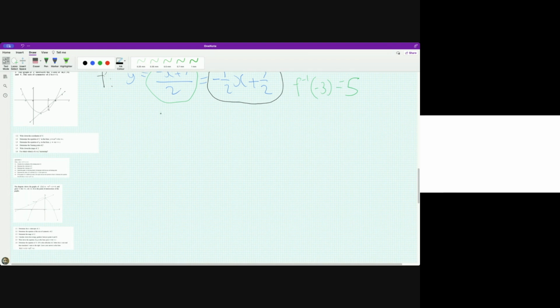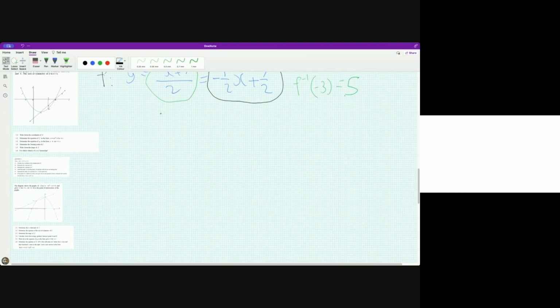Okay, now let's say I want to think about the inverse of other types of functions. So let's focus on a hyperbola. So let's call this the function f, and it is a hyperbola. If I want to find the inverse of this thing,